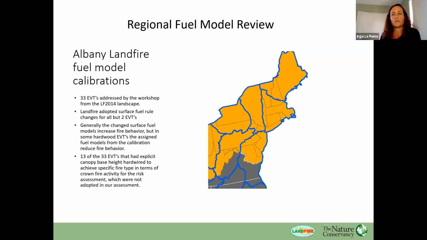So we weren't able to hardwire the canopy base height in there, but we were able to incorporate quite a bit of what came out of those workshops. And that's all I have, I think. So I'm going to hand it over to Randy.